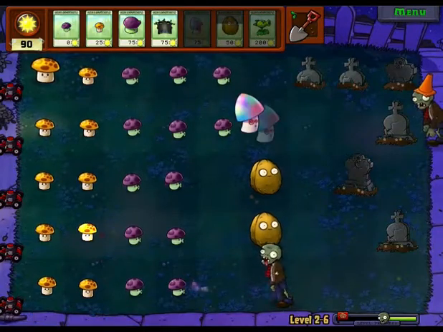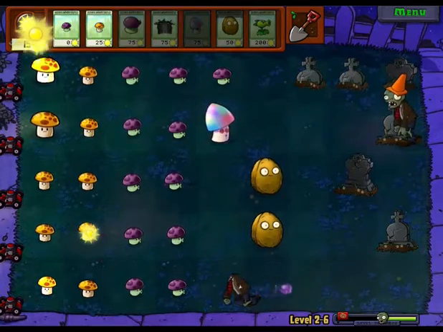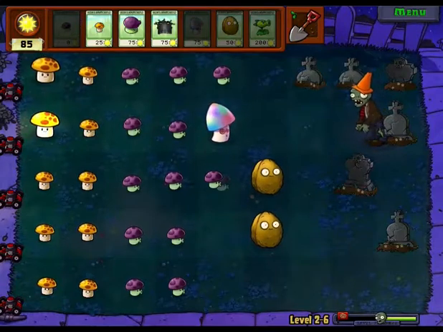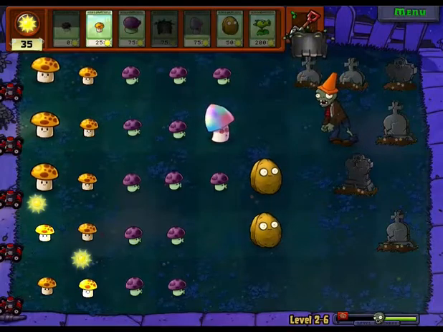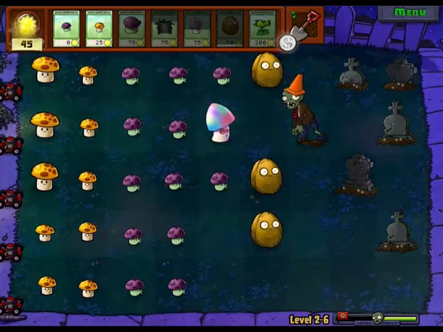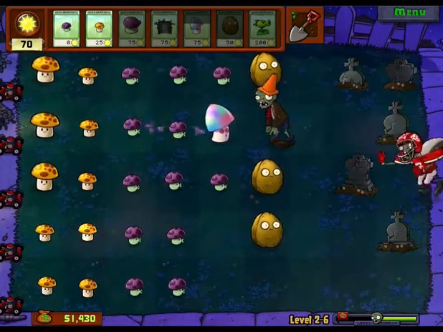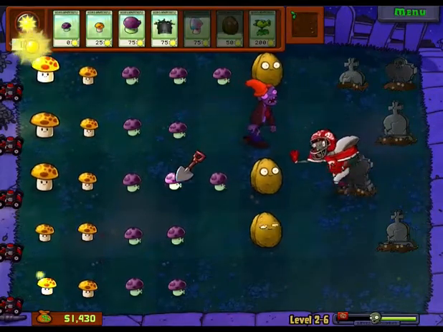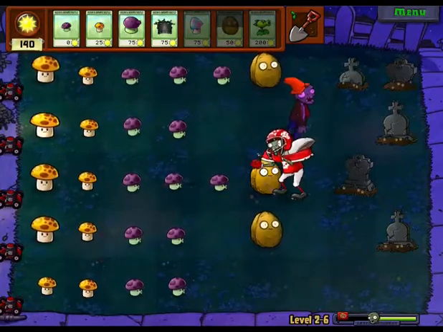I guess now I can demonstrate the Hypno Shroom. Let's remove this Pop Shroom and put a Hypno Shroom right here. Oh, here comes the football player. This is the football zombie. Now, let me tell you something. You know how the Buckethead zombie was strong for wearing a